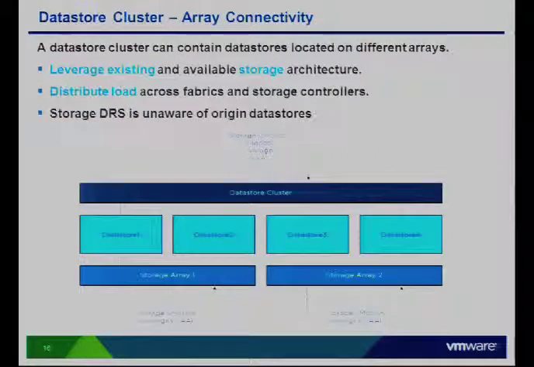Now, like Valentin mentioned, what if I have a lot of data stores spread across multiple arrays? Can I include those data stores into one data store cluster? Yes, you can. We fully support it. But think about the impact it has on the mobility and the impact of the lead time of vMotions. If you have an array that is VAAI enabled, you will offload your migrations, which leads to a faster vMotion process. Now, Storage DRS can decide, oh,